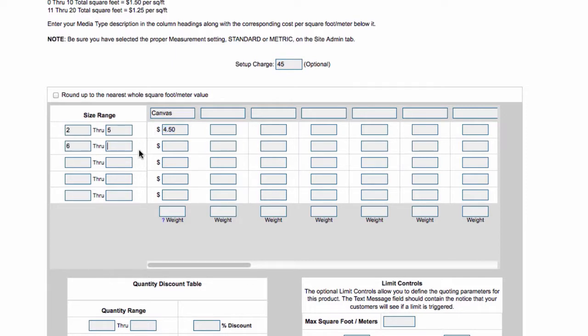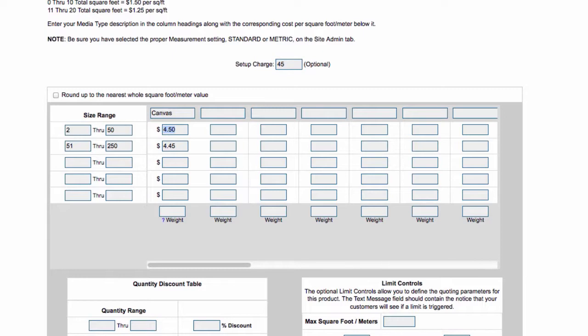You go 6 through 10, and it may be a little bit less. It all depends on what you're selling, what you're doing there. I only entered 1, 2, 3, 4, 5 entry points. Not very many. So I don't really have any place to go past this. And in a lot of cases, your numbers may look more like this. 2 through 50 square feet is going to be $4.50, and then 51 through 250 is going to be whatever that is. So you get the point. What you understand here is that this price, $4.50, is going to be times whatever square foot that your customer